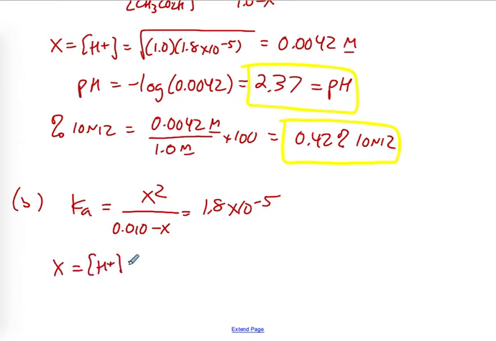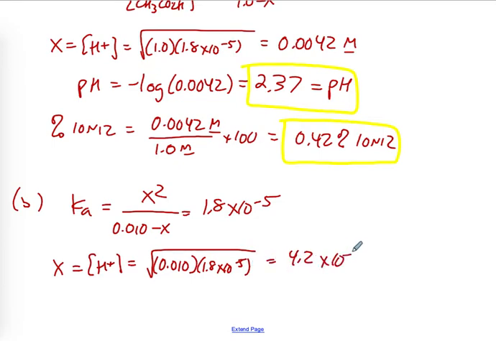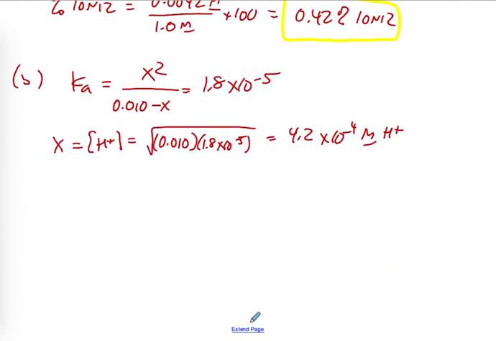X equals the hydrogen ion concentration equals the square root of 0.010 times 1.8 times 10 to the negative fifth, which is 4.2 times 10 to the negative fourth molar hydrogen ion. That gives me a pH of 3.37,